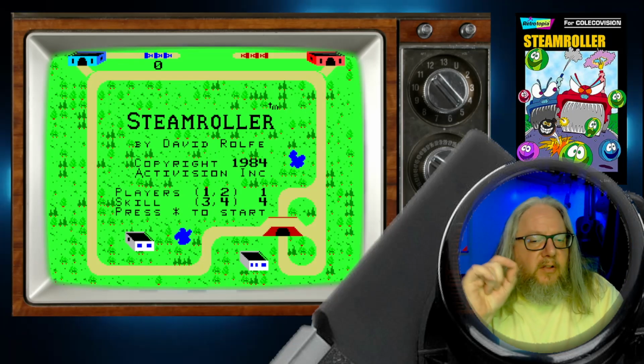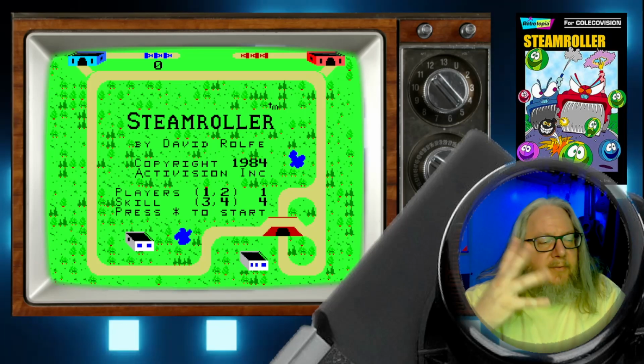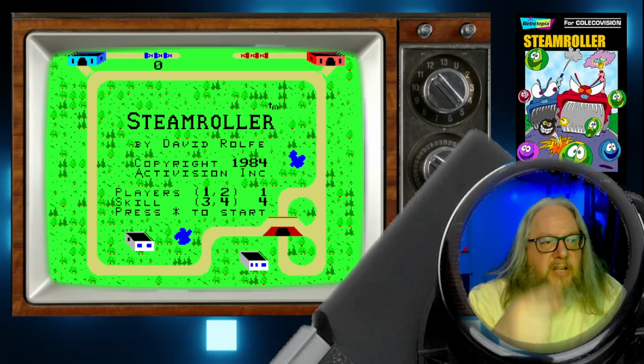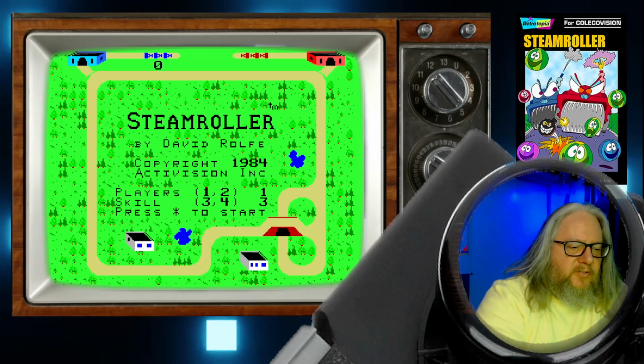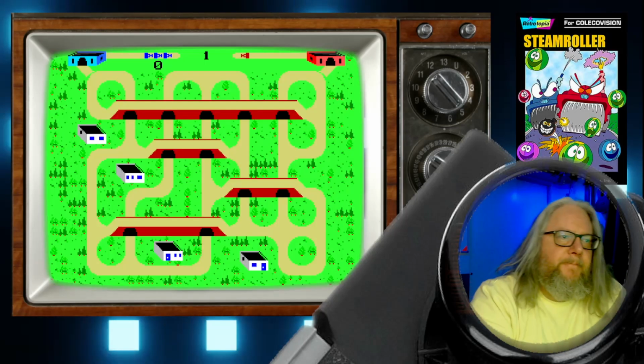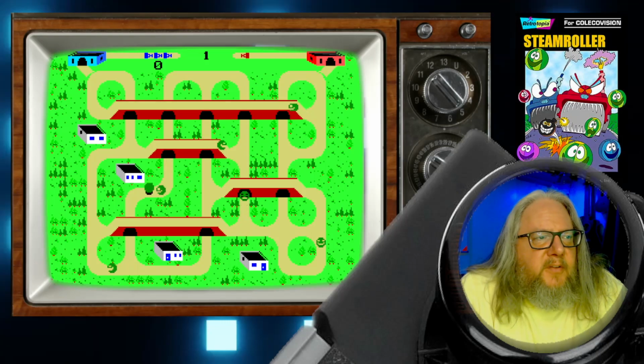I'm going to hit the... So, just like on regular Colecovision, the hashtag, pound, takes you back to here, and you can change your skill level, which I'm going to change to 3. And then to start, you press the asterisk. All right, let's see if I can do a little better this time. Get to level 11 or something instead of